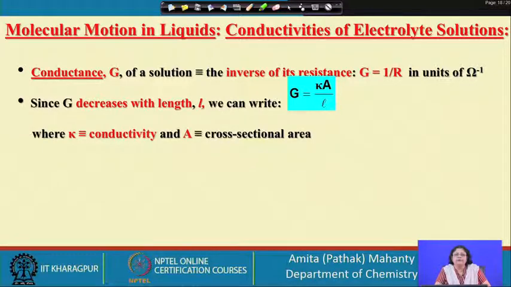I would like to tell you from now onwards, whenever we are talking about conductivities of electrolyte, we are going to be generally talking about them in the coming few lectures. We will be doing a number of derivations. We are not going to just confine ourselves to what the definition is. So, whenever we are talking about conductivity, we usually represent it by Kappa. It is also known as specific conductance,